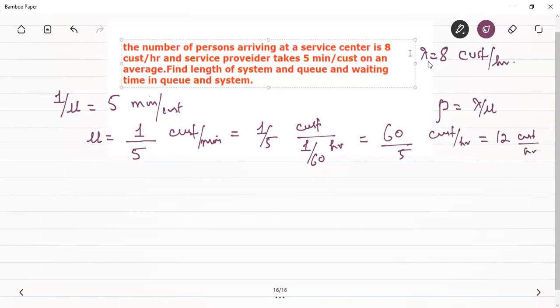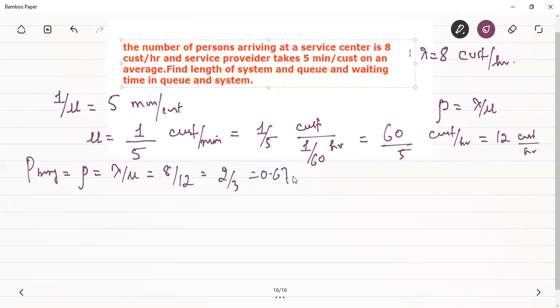So you have found out that the arrival rate was directly given in customers per hour, but here the service rate was given in minutes per customer. So the inter-service time was converted into service rate in customers per minute, and we further converted it into customers per hour by multiplying it with 60. Now if the question asks what is the probability that the server is busy, P busy is given simply by the utilization factor, that is lambda by mu. That will be equal to 8/12, that is 2/3, that is equal to 0.67.